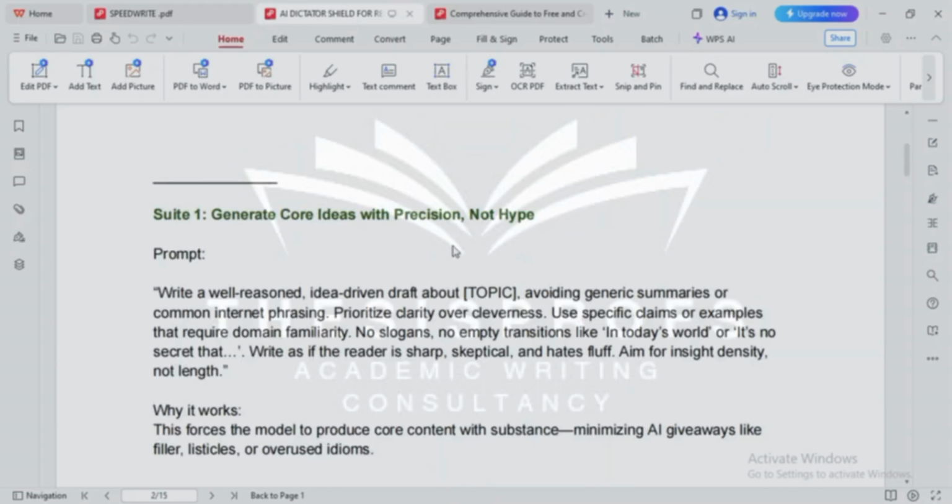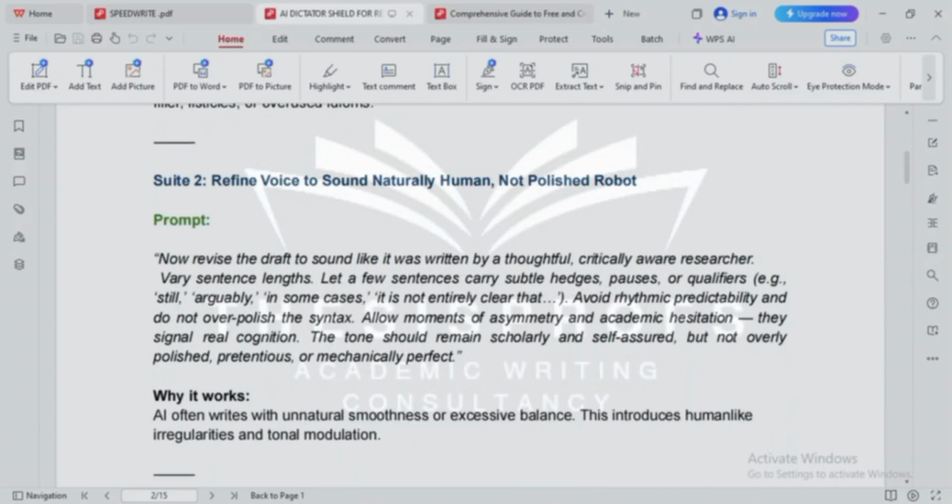I can still add this to my priming or my conditioning. I can add this. I can also add this. Now draft, I could remove the revise. I could remove this revise and just say now draft to sound like it was written by a thoughtful, critical, aware writer. But first of all, before we do that,